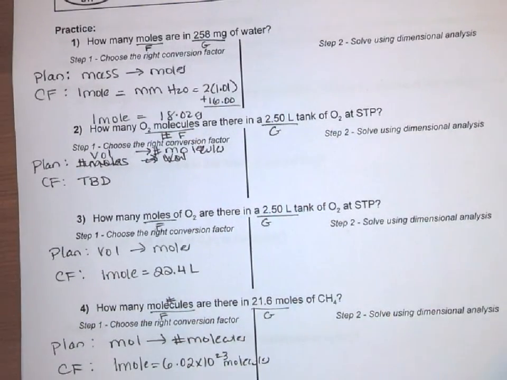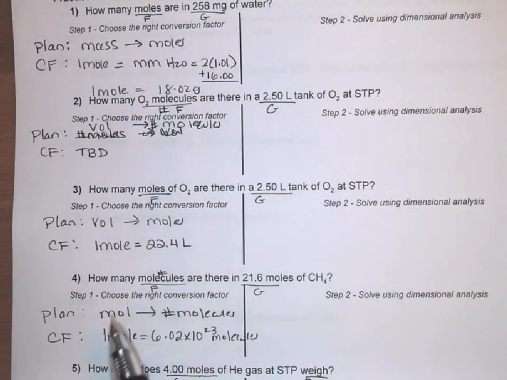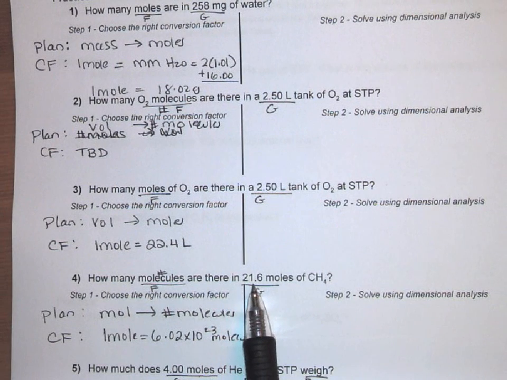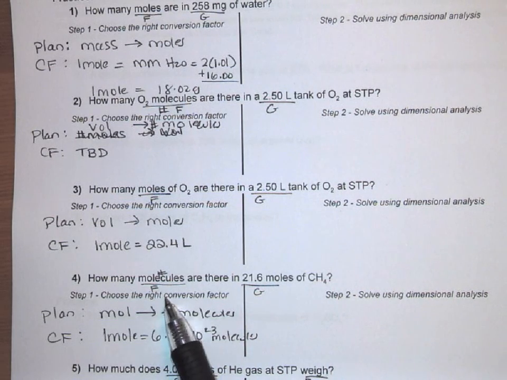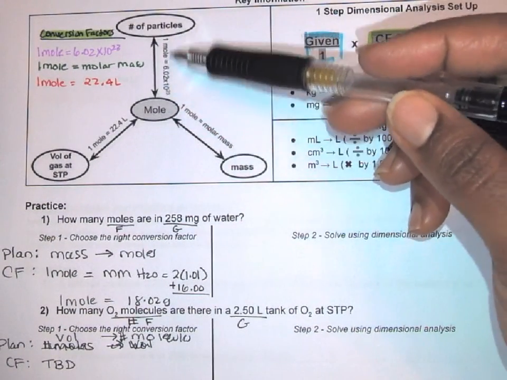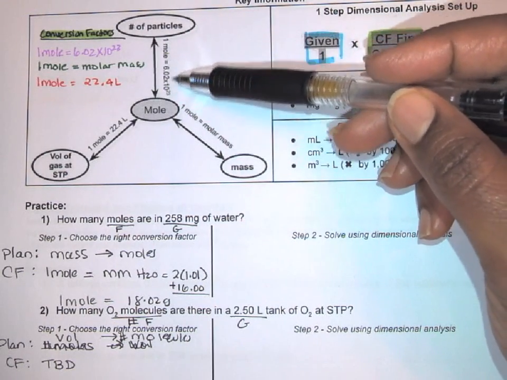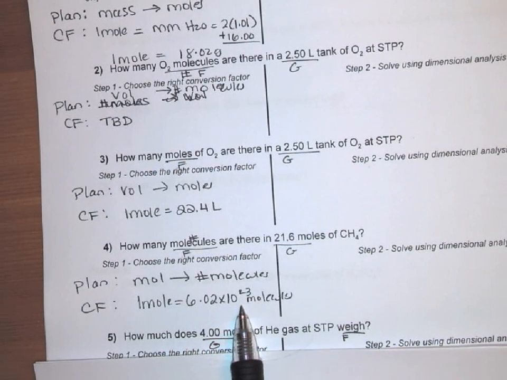All right, last couple, I should say. We are given: how many molecules are there in 21.6 moles? So I'm given the number of moles, okay, and I can tell because I have a number for that. So I'm given moles, and I'm trying to get to number of molecules. So moles to number of molecules, or more generally, particles. So I'm going from moles to particles. If I do that, I have to pass through 1 mole is equal to Avogadro's number. And so my conversion factor is 1 mole is equal to Avogadro's number, or 6.02 times 10 to the 23